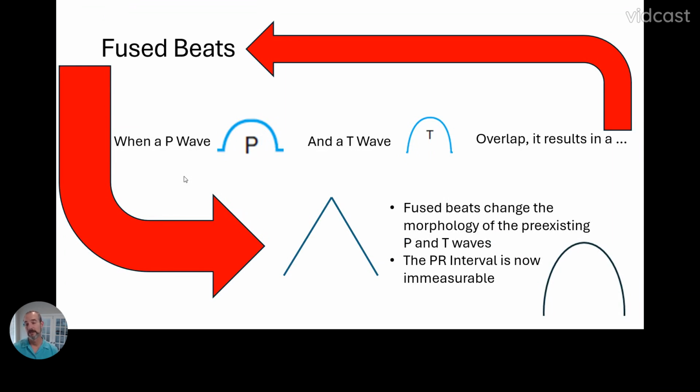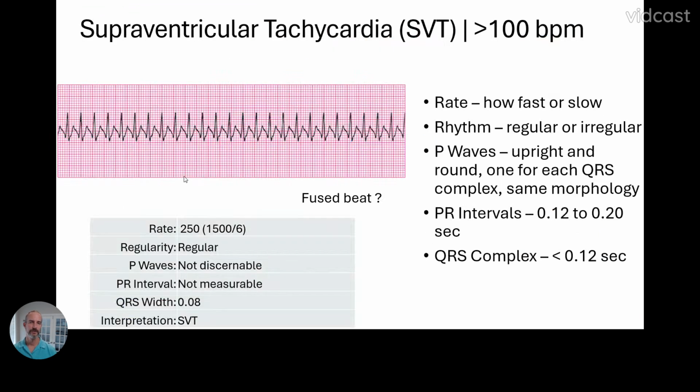And sometimes you don't know if there's a P wave there at all. Is it just a T wave? So why am I explaining that to you? So with supraventricular tachycardia,